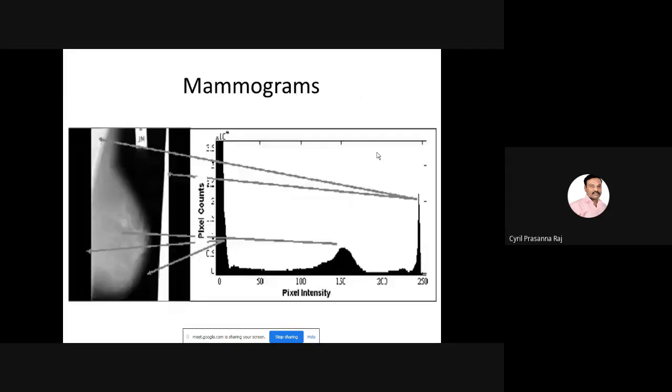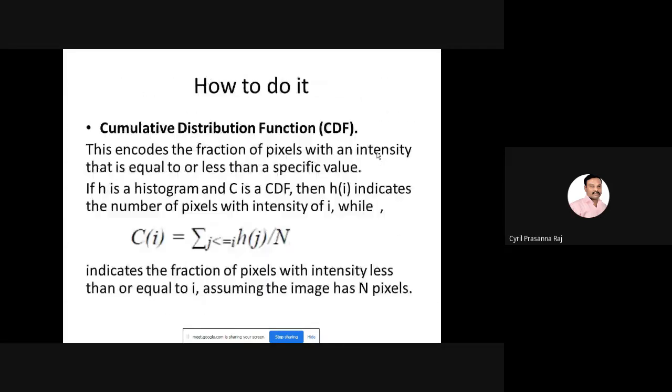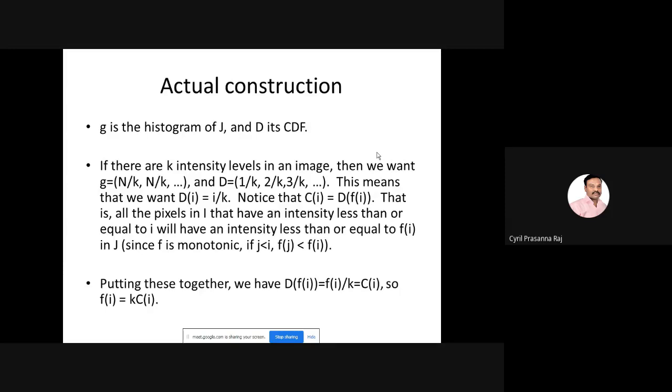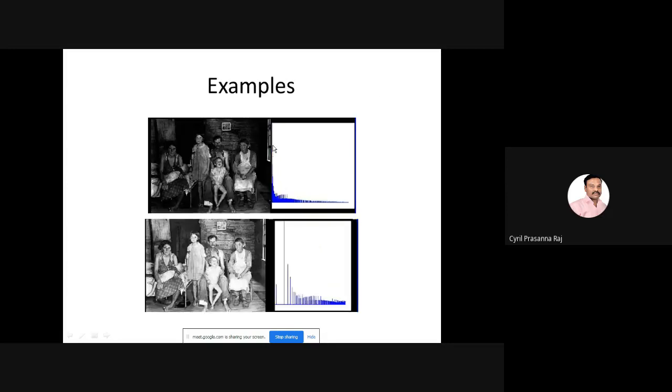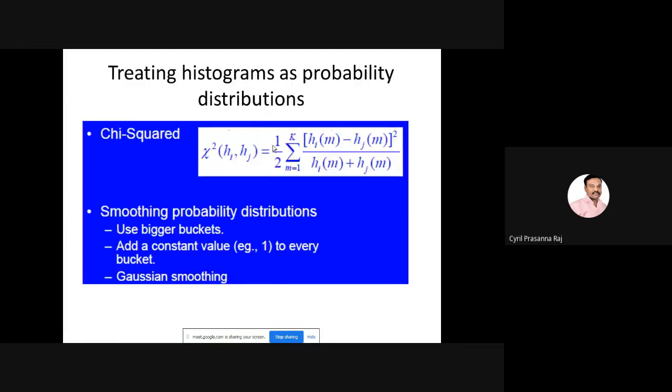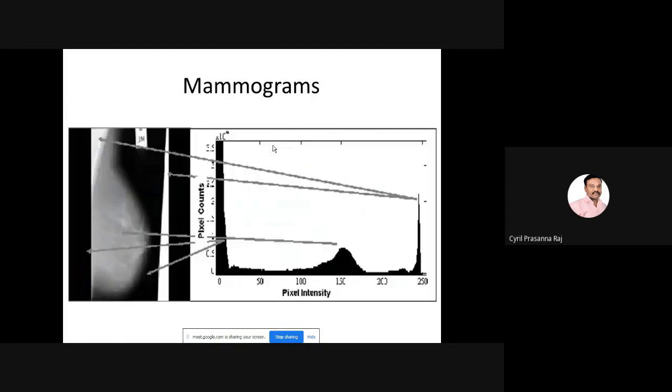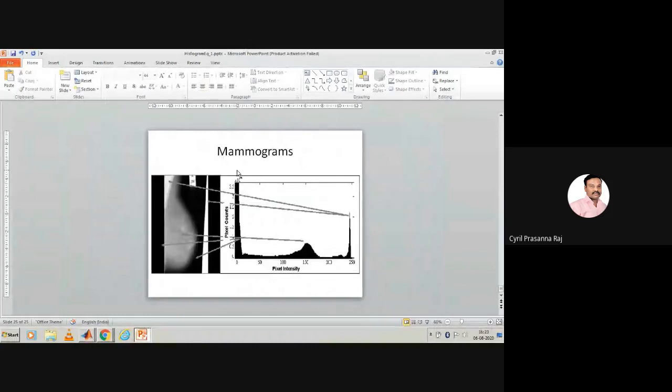Again, it is mathematically expressed as this. By knowing the histogram and the cumulative distribution function, you are able to perform the histogram equalization method. So you identify the histogram, identify the CDF, and then extract the images using the histogram equalization method. Let me skip through all this and let us try some simple programs in MATLAB.